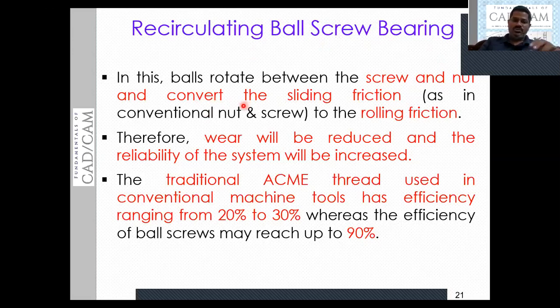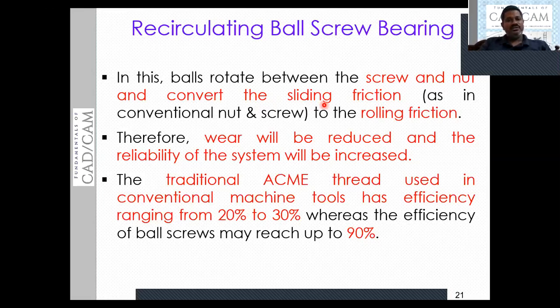This screw and nut is having the sliding contact basically, that means the contact area is more. The motion between the screw and nut is sliding motion, so whenever we have the sliding motion, the friction will be high.